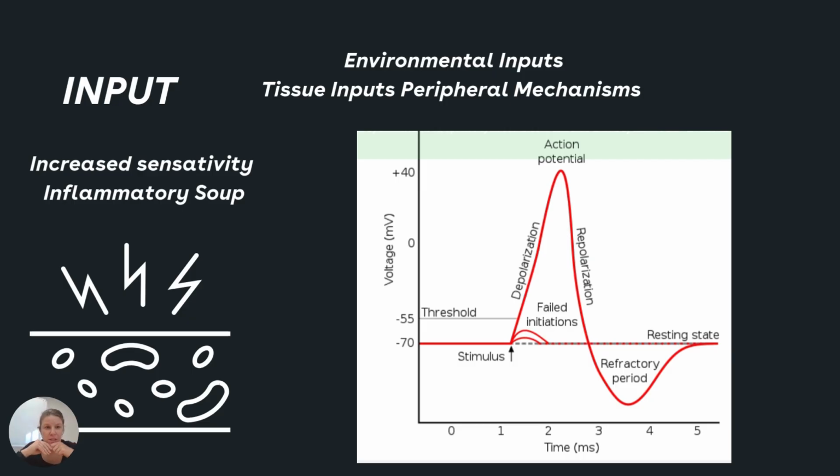Now, these ion channels can be influenced, and this threshold can be lowered if there's a higher resting membrane potential at the actual site. So if there's inflammatory soup there, then instead of there needing to be lots of information to open those ion gate channels, there might only need to be a little bit of input to open them. We'll come back to why that might be important in future, but I just want you to know that that sensitivity can be up or down regulated depending on what's happening at a tissue level.